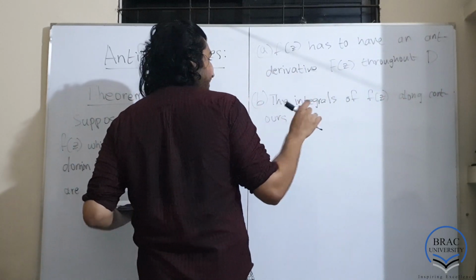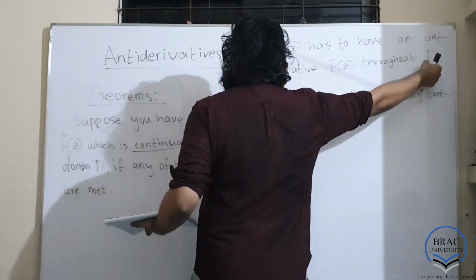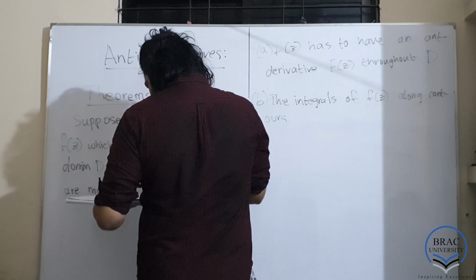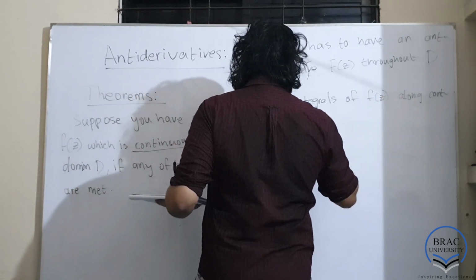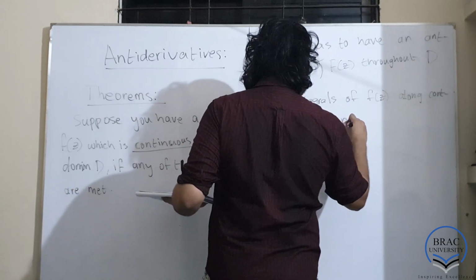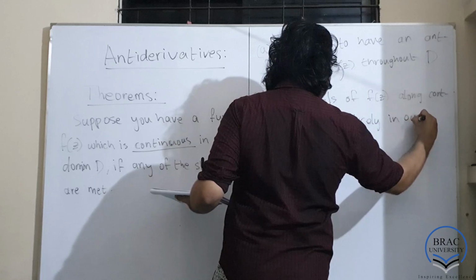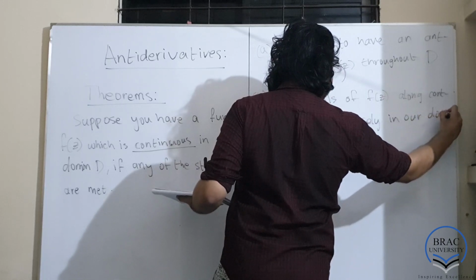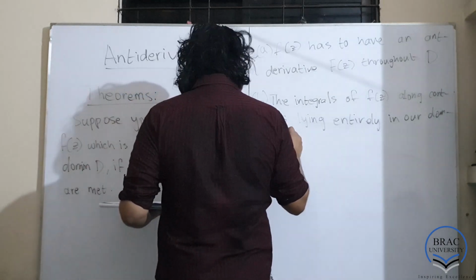Here, the contours must lie entirely in D, cannot be exterior to D, D being our domain, lying entirely in our domain D